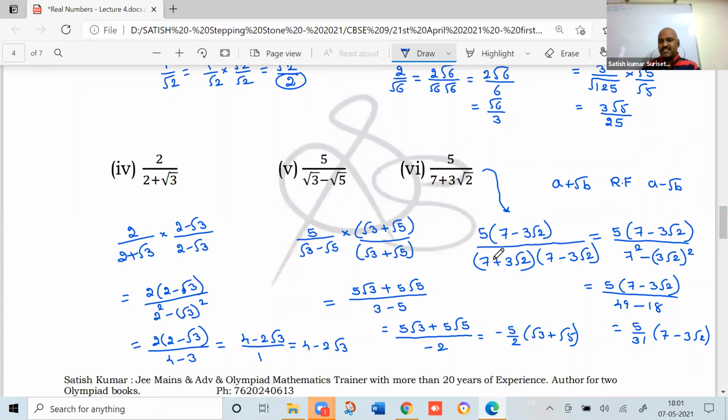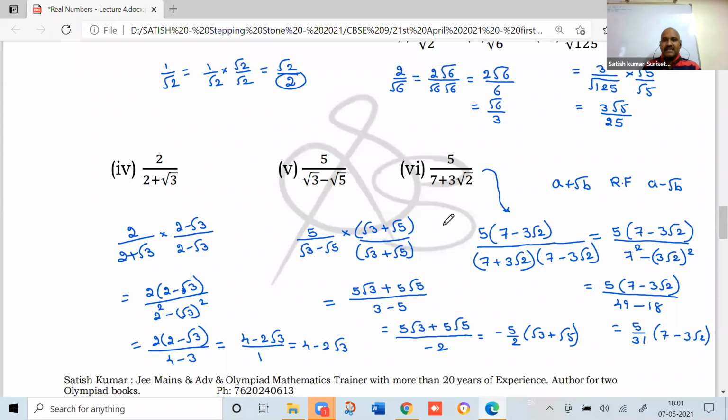Okay, we'll continue in the next class. Whatever you have done, all this, write your notes neatly. Instead of copying directly, just copy the problems and then do them yourself, so that it will be practice as well as revision. And we'll discuss a few more problems in the next class.